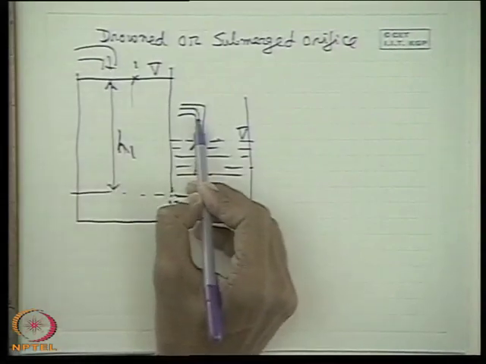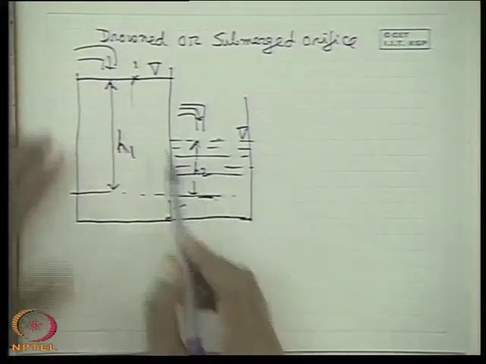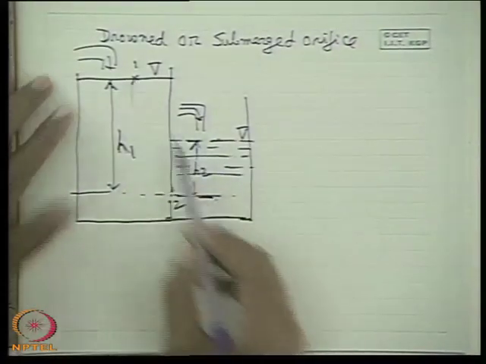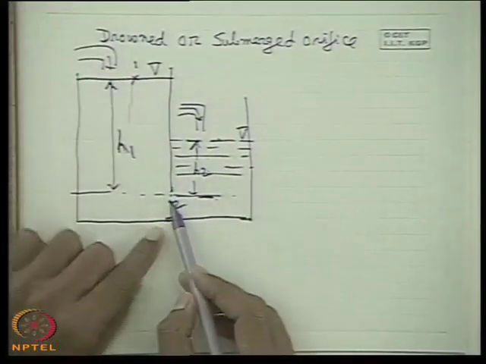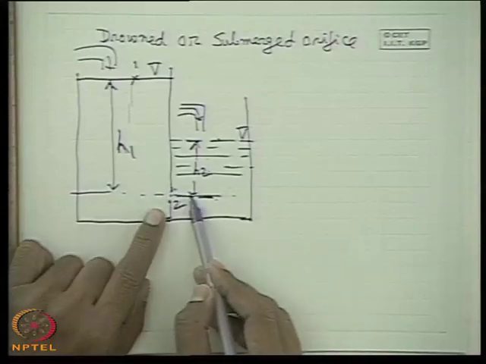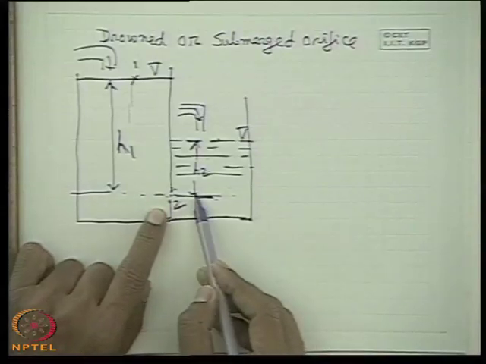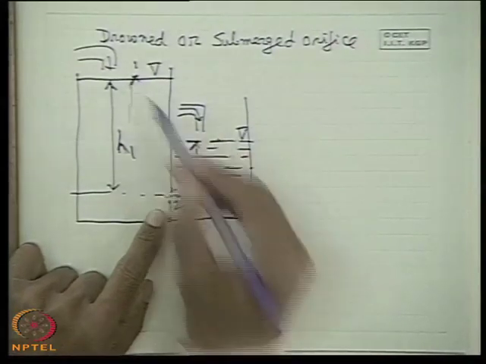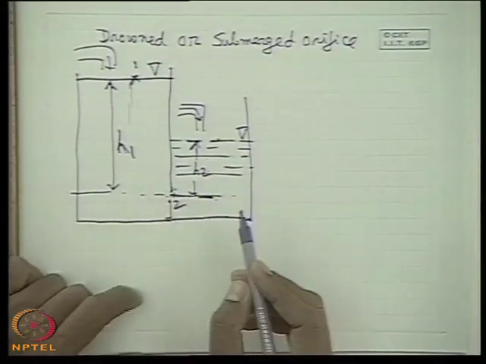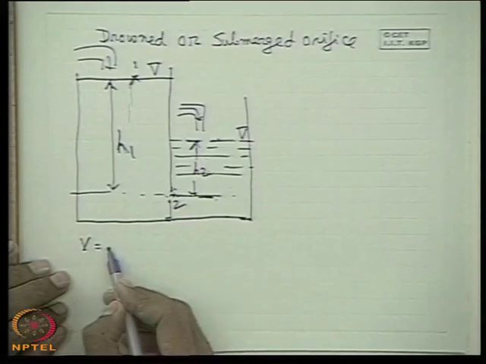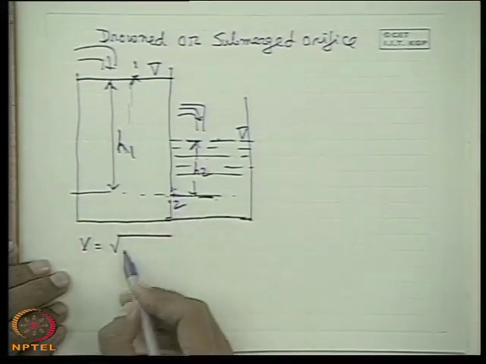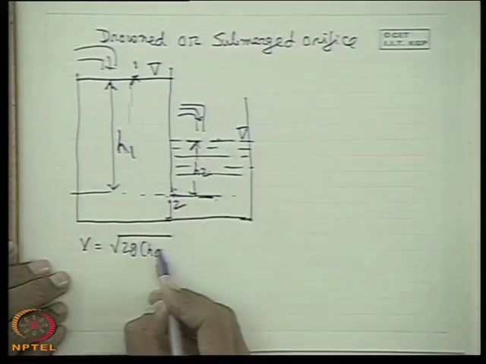What arrangement do we make? That is not very much concerned, how we make it. So the heights of the two tanks are maintained constant, h1 being more than h2, the flow takes place from this tank to this tank. So this orifice is discharging in this direction, the flow takes place this way. Now if we write the Bernoulli's equation between 1 and 2, we will get that V, the velocity of discharge for an ideal fluid, is root of 2g(h1 minus h2).